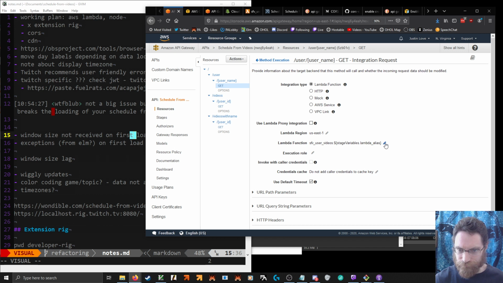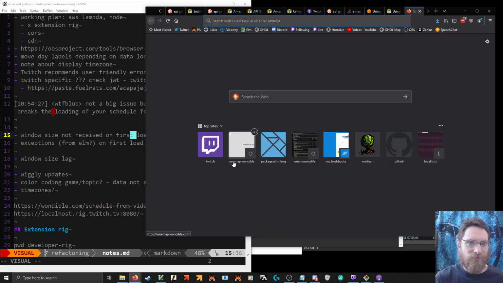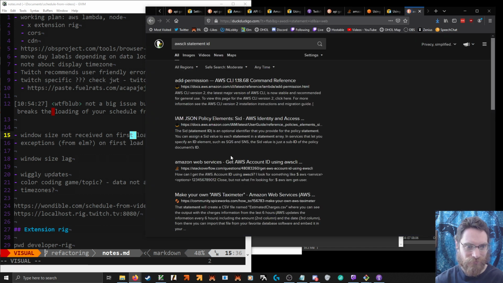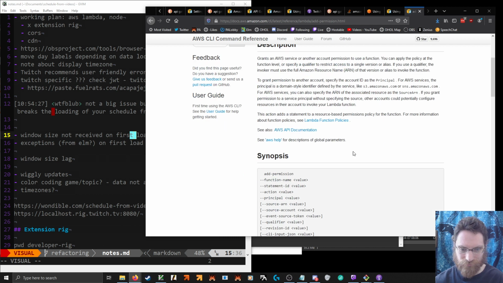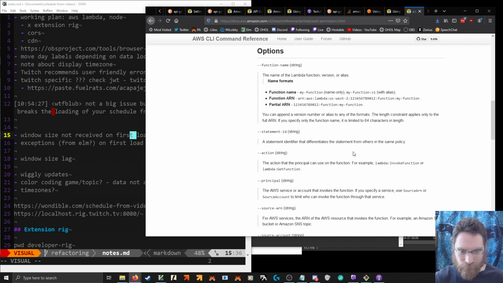Now, the problem is they give you this statement ID. What is that? What is that? Differentiates this statement from others in the same policy.